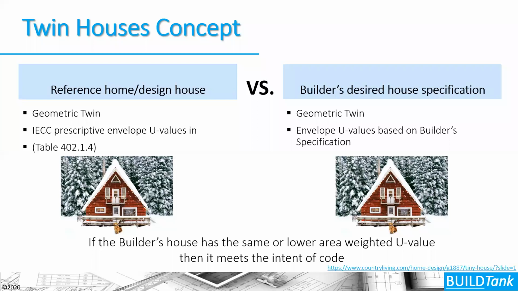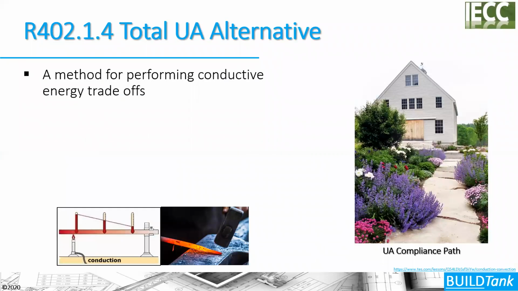Is the geometry the same, and if I put different R values and U values, is the U value performance equal to or better than the reference home's performance? And so the UA trade-off pathway is this method of performing conductive energy trade-offs through the building envelope. It's important to know that it's only dealing with building envelope requirements and the ability to trade off R